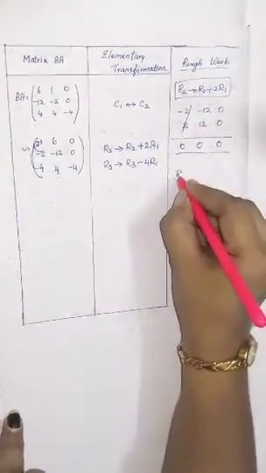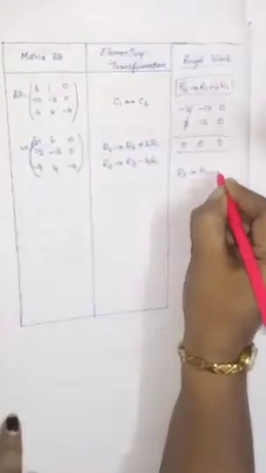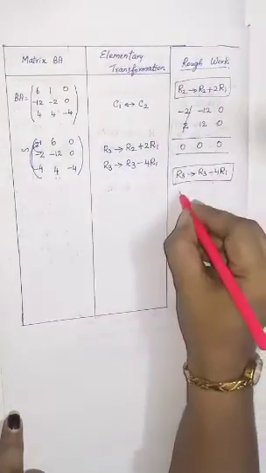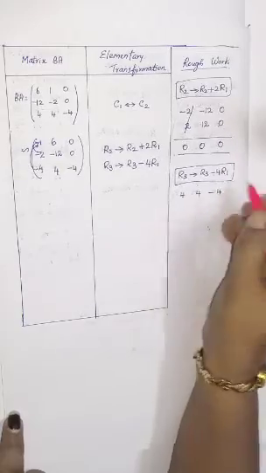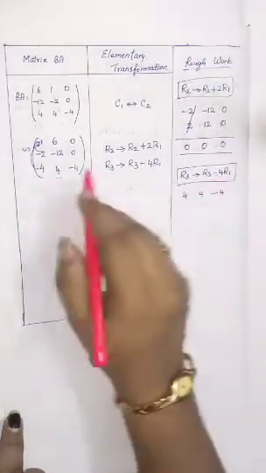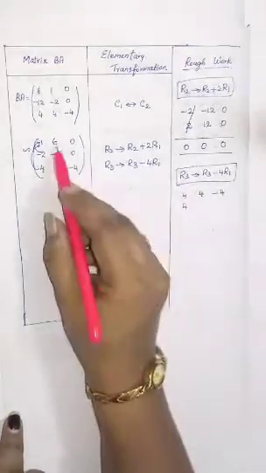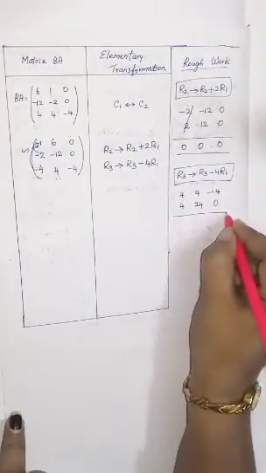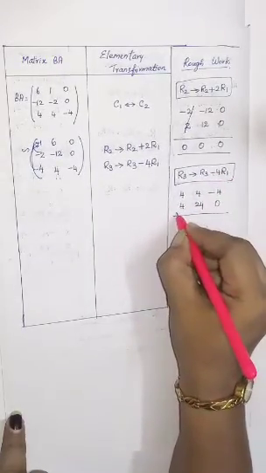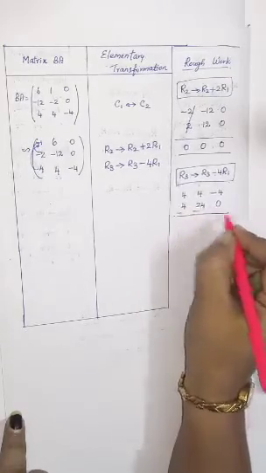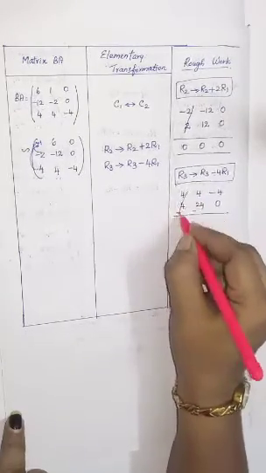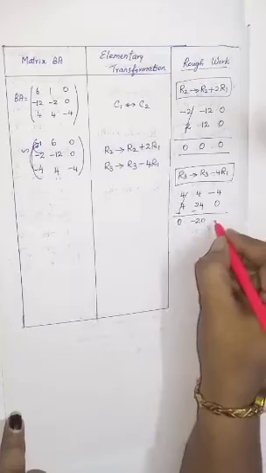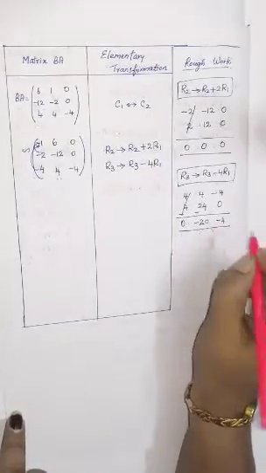Now R3 gives R3 minus 4R1. So row 3 is 4, 4, minus 4, and row 1 has to be multiplied by 4. So 1 into 4 is 4, 6 4s are 24, then 0 into 4 is 0. Now we'll have to subtract it, so change the symbol. Plus gives minus, again plus gives minus, 0 you can leave as it is. So 4 minus 4 you can cancel, you'll get 0. 4 minus 24 you'll get minus 20, minus 4 plus 0, again minus 4. So just take these answers and write it here.